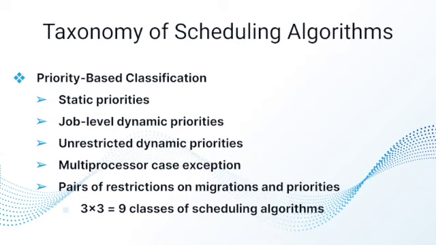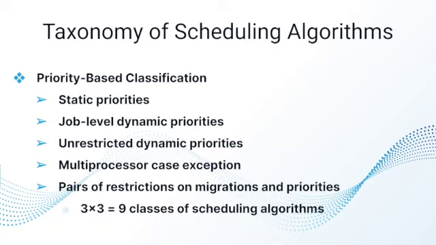By actual definition, dynamic priority algorithms are actually generalized of job level dynamic priority, and they are turned into a generalization of static priority algorithms. In uniprocessing scheduling, the distinction between job level and unrestricted dynamic priority algorithms is actually rarely emphasized. Because as discussed above, the EDF scheduling algorithm can provide an optimal solution. Despite this, in multiprocessor case, unrestricted dynamic priority algorithms are more powerful than the EDFs.